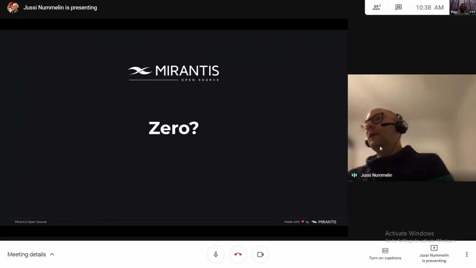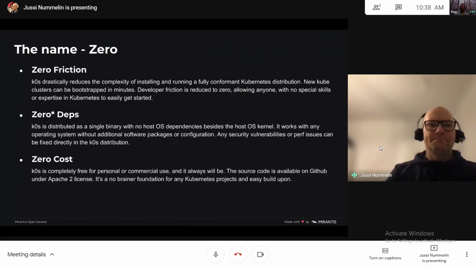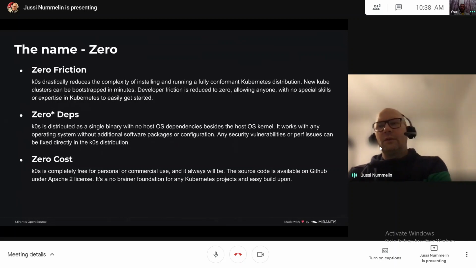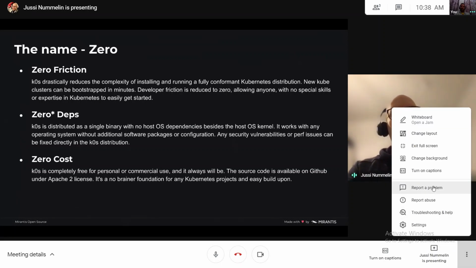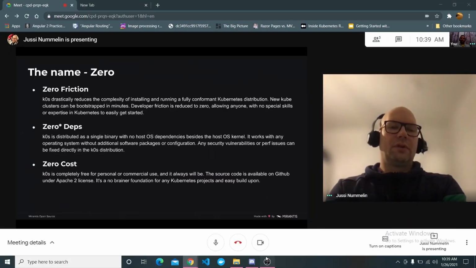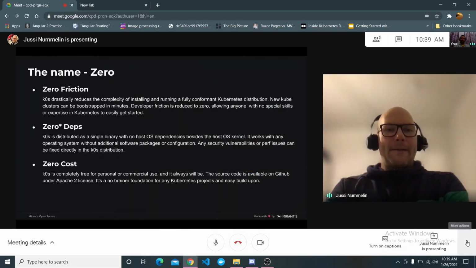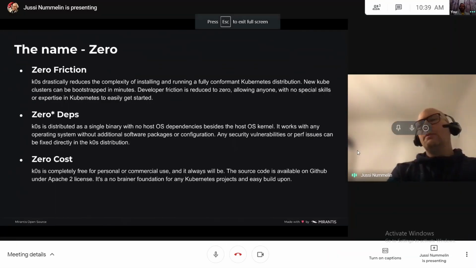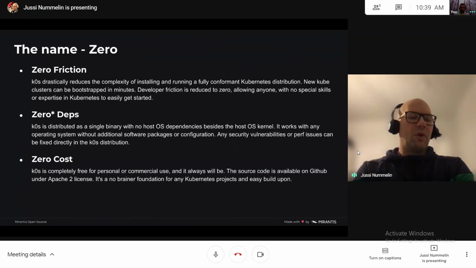All right. So about the name. Why 0 in the name? The 0 came from the thinking that we wanna have zero friction on K0s. What I mean by friction is things that are adding complexity, the small annoying things that you have to do when installing and setting up a Kubernetes cluster.